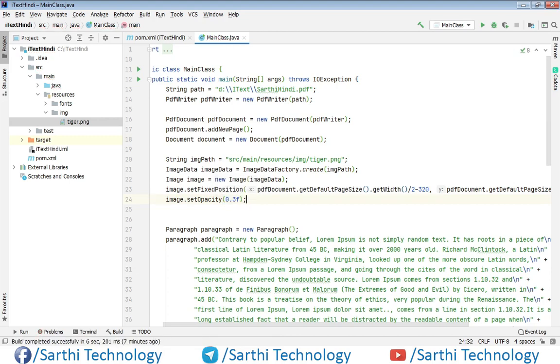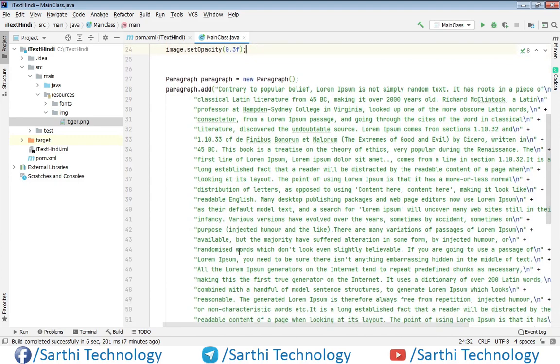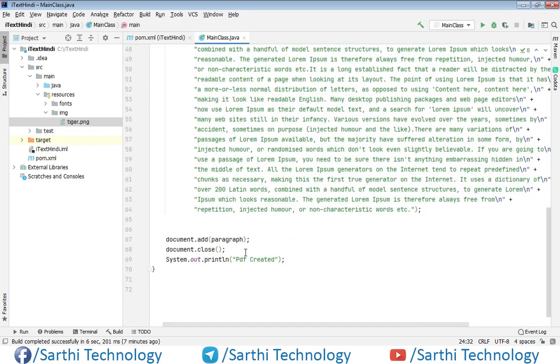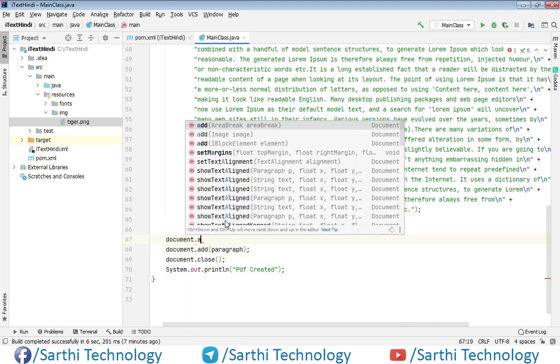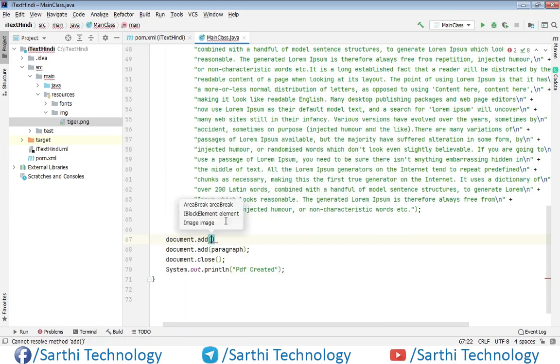And now one very important thing, please add this image before any content on this page. So first must be the watermark image. So document dot add image.